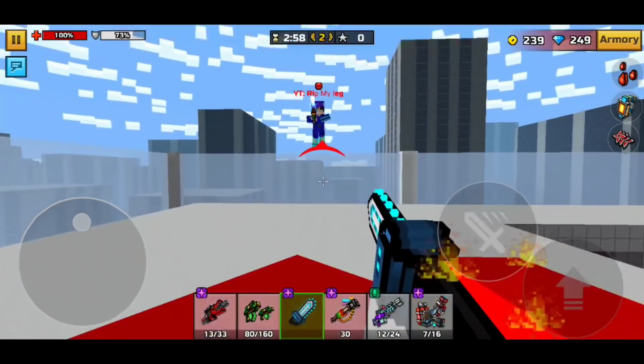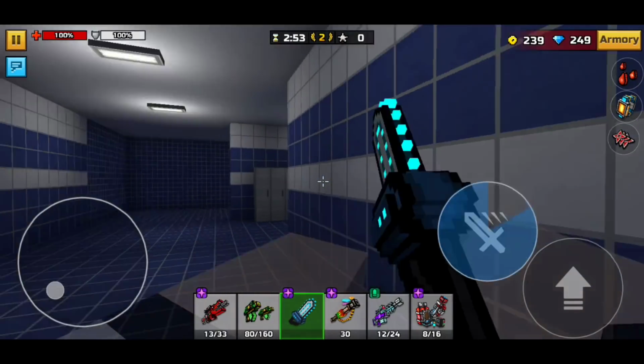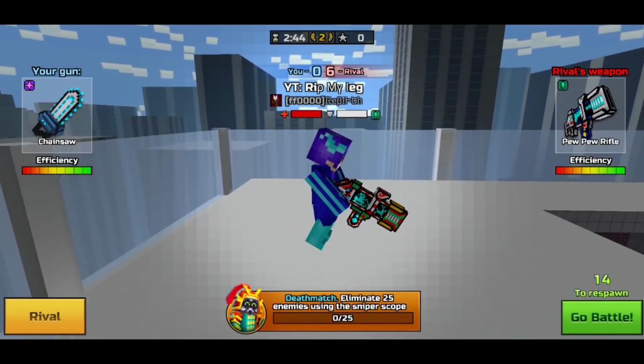Now, that random effect thing is going to be really good because it can give you poison, bleeding, or even fire effect all at the same time, or at different times. Of course, it gives you a random effect each time, which is really cool. So if you're not really fond of using poison effects, if you're not fond of using fire weapons, then you